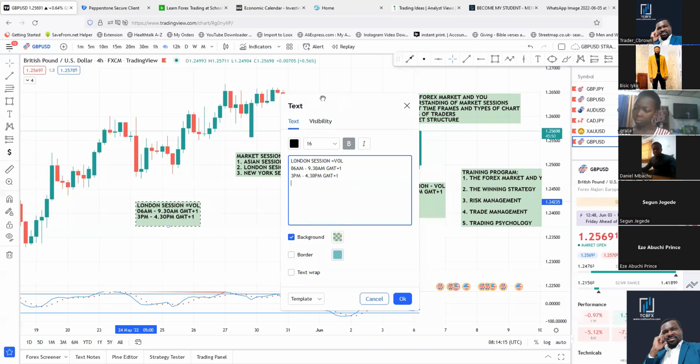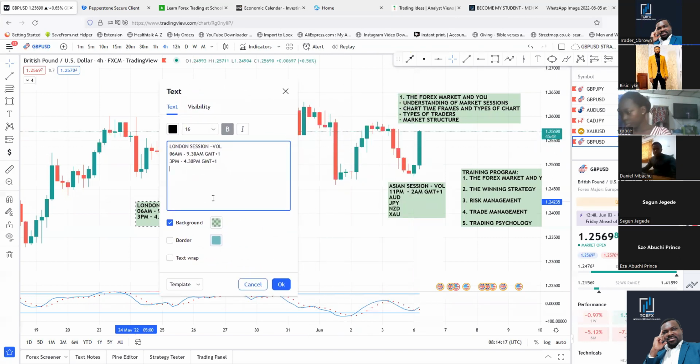Now, why am I not concerned about trading this particular move this morning? It's because there is always opportunity every day. What you need is not to trade right now. What you need is to understand how it works. That's why we're talking about the forex market and you. This is understanding the forex market so that you know how to position yourself. Very, very important.